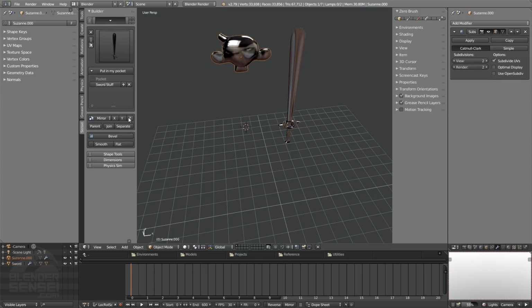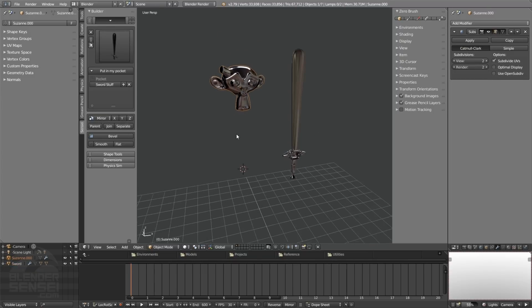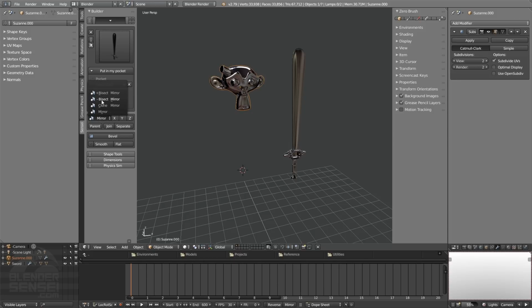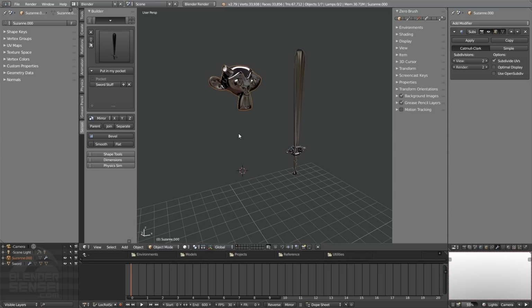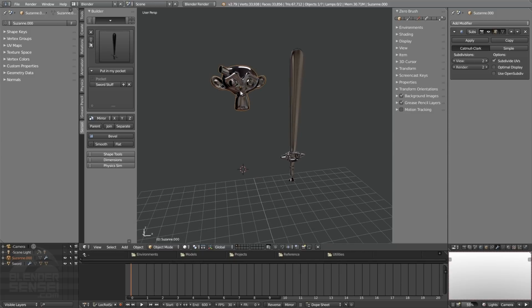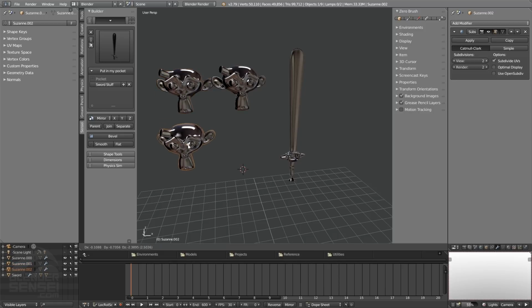Could switch this back to mirror and just mirror it regular back to Y here. And then you have negative bisect and positive bisect mirror, which will do the same thing as when you press Shift W with one object selected and cycle through. However, when you do that with this menu, you can actually do that for a bunch of different selected objects. So if I were to press D to duplicate this a bunch,